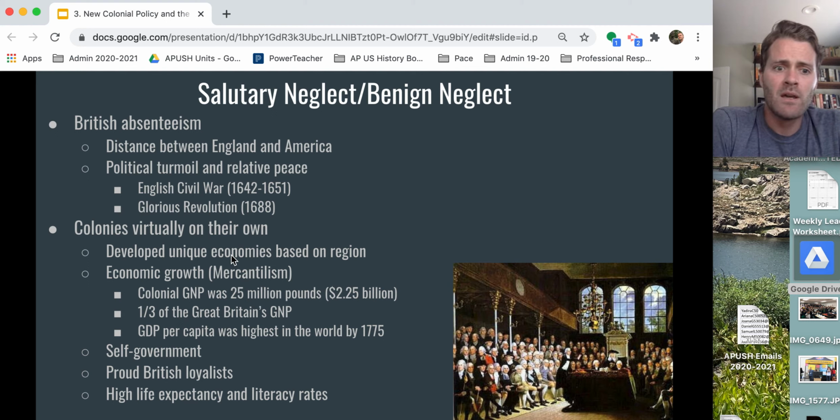The GDP, which is the gross domestic product, what's being produced per capita, meaning per person, is the highest in the world by 1775, meaning the colonies are producing more value per person than anywhere else in the world, right? Not just in the English Empire, anywhere else in the world. So the colonies have created for themselves a very thriving economy, but keep in mind, they still aren't industrialized, they still aren't advanced, they're not manufacturing for the most part. Their primary role is still as raw material producer, okay?